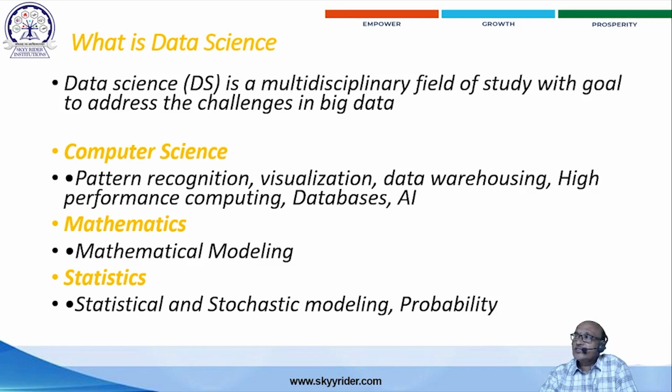Data science relates to some science concepts. One is computer science. Whatever it is, the backbone is software, and that software comes under computer science applications and information technology. Computer science is based on pattern recognition and visualization. Visualization means graphical representation, so even the common man can easily understand it.